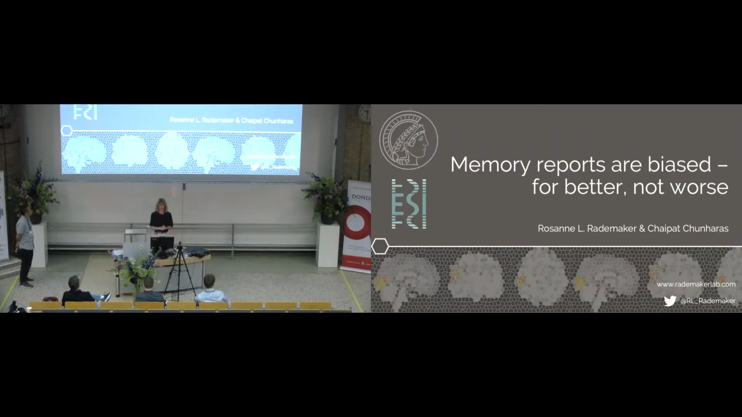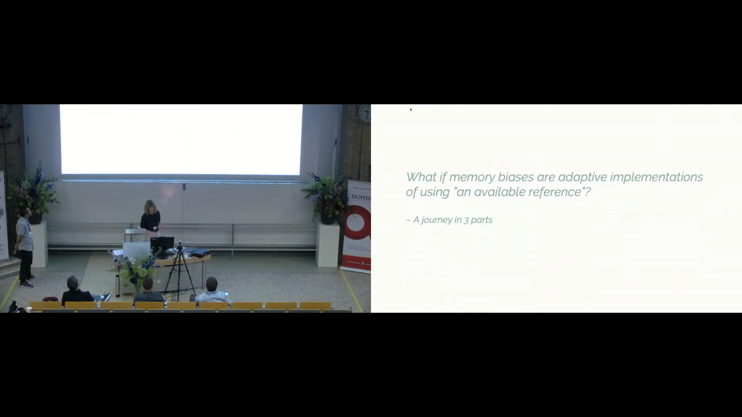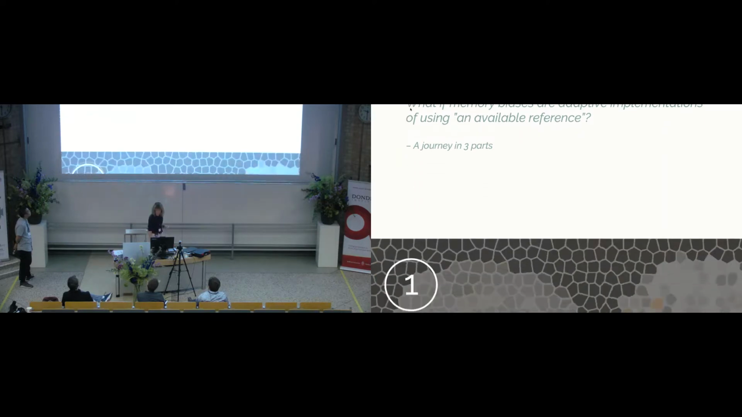So what we will try to convince you of is that memory reports are biased, but this is a good thing, okay? The big question we're trying to answer is: what if these biases that we see, and we will talk about what they are, are actually adaptive implementations of using an available reference, any available reference? Again, this will hopefully become clear. So this will be a journey in two parts. We'll talk really fast, so strap in. Okay, first,